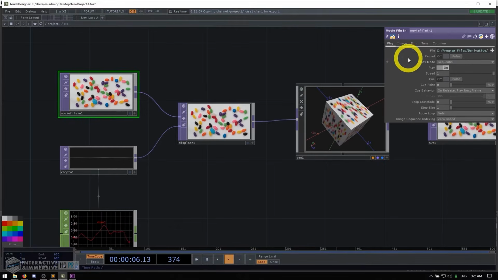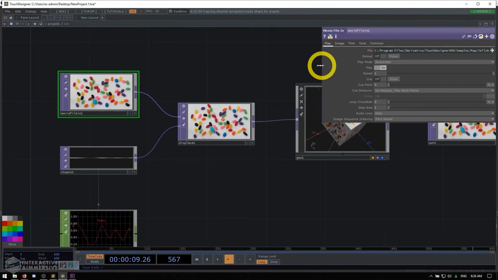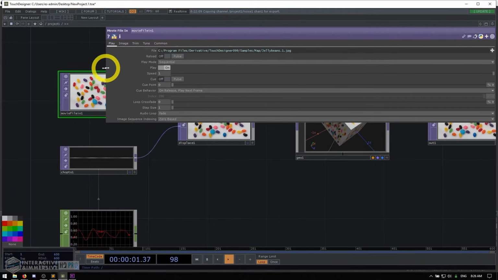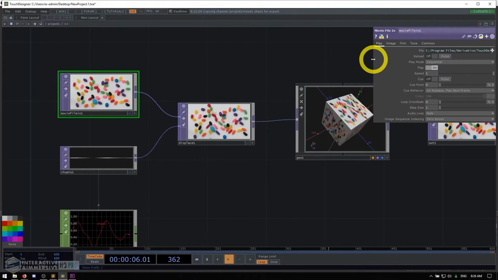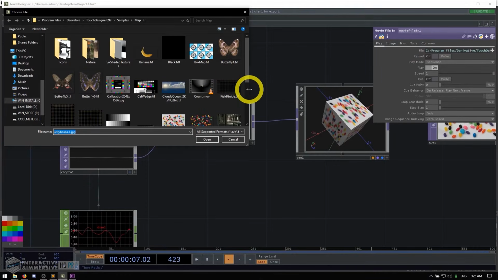For example, this file one allows us to read a file, and what we can see is the path here. What you'll find you'll be doing often is that if you have something like this and you can't see the rest of the path, you can always click and drag this little edge of the parameters, and you can make it bigger until you see all of your data. But let's say we wanted to change this file. What I could do is come over here and either type the path of a new file, or click on this plus button, which would open up a little file selector.